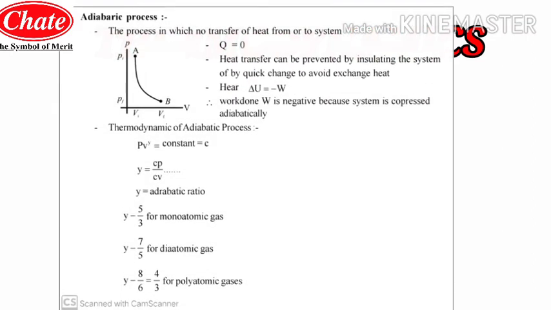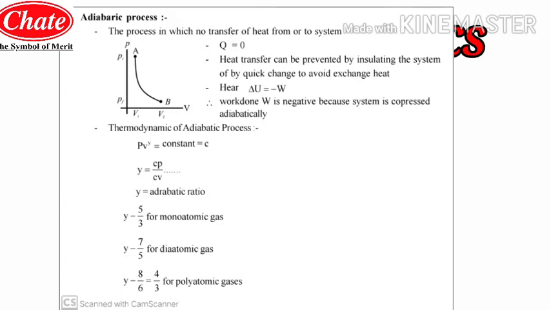So students, the next part in this lecture is the adiabatic process, which is process number 5. Now you can see the PV diagram of this adiabatic process, a process in which no heat transfer from the system to the environment, or from the environment into the system, takes place. Thus Q, the amount of energy transferred between the environment and the system, will be